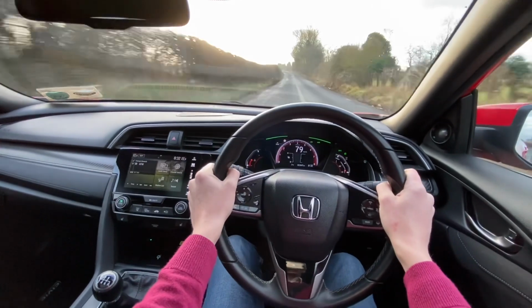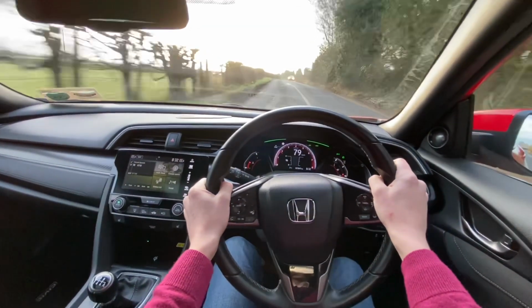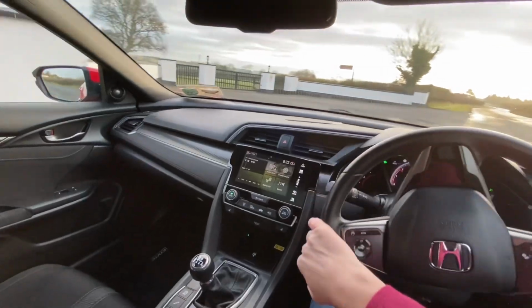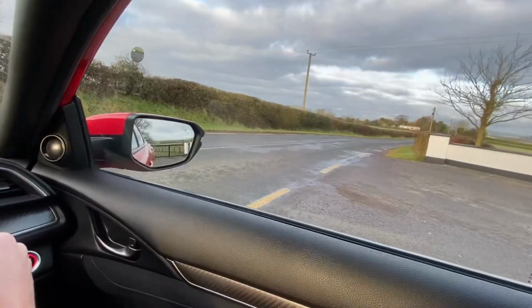But you know what's great, they're actually not hard on fuel, so you end up with a car that's frugal. It drives nice on a back road because there's independent suspension all around, so it's a fun car to drive, but it's not a hard car to run. Servicing isn't too bad, fuel isn't too bad, road tax is okay, but you get a fun car to drive. So like for example here,